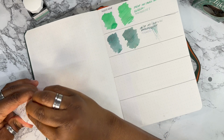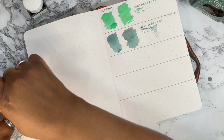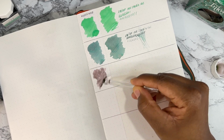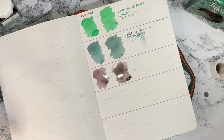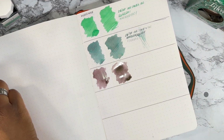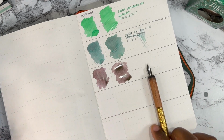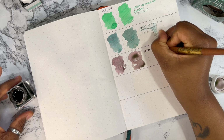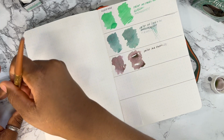I hate when they take a while to dry. But it's alright. So this is Sailor Ink Studio 252. So now this is like Ferris Wheel Press's Lady Rose. I would compare this one more to Ferris Wheel Press Lady Rose. This one just may be a little bit darker than the Ferris Wheel Press Lady Rose, but this will be a great addition if you like Ferris Wheel Press Lady Rose and you like, hey, I can't really